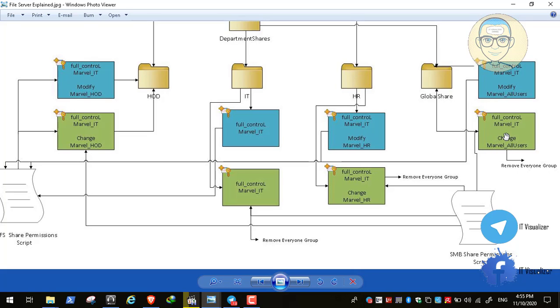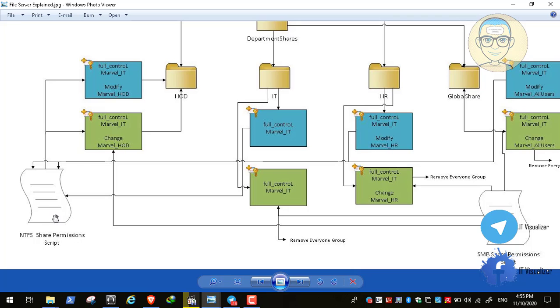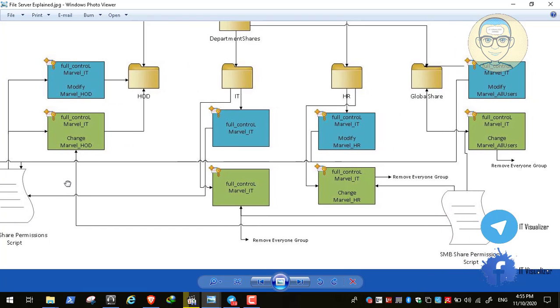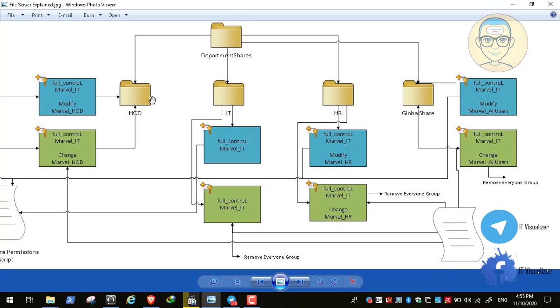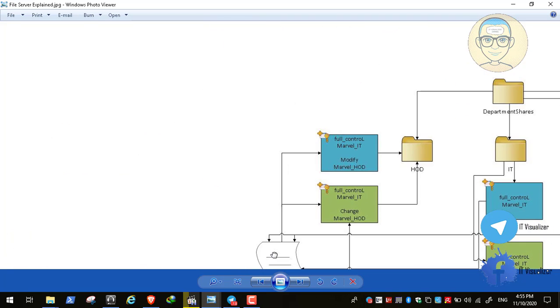So here are the scripts. This script will share the folders and give them SMB share permissions, and another script will give them NTFS permissions, okay. So these are the two scripts we will use to give certain permissions to certain Active Directory groups on certain shared folders, okay. So at the end, what we will see,